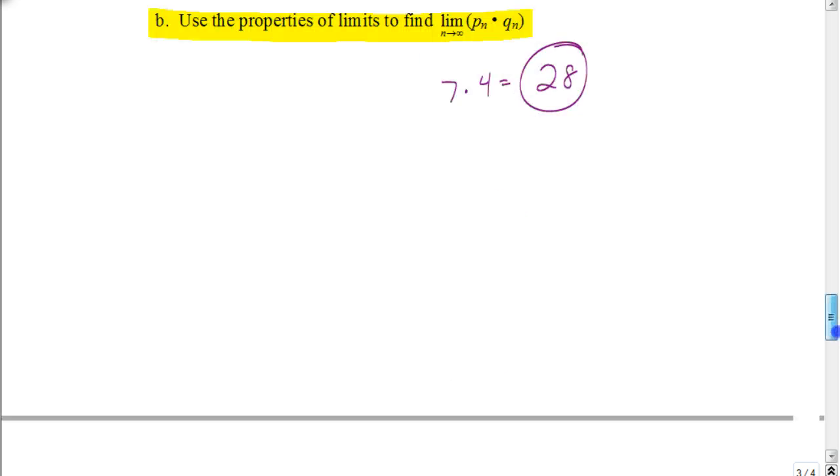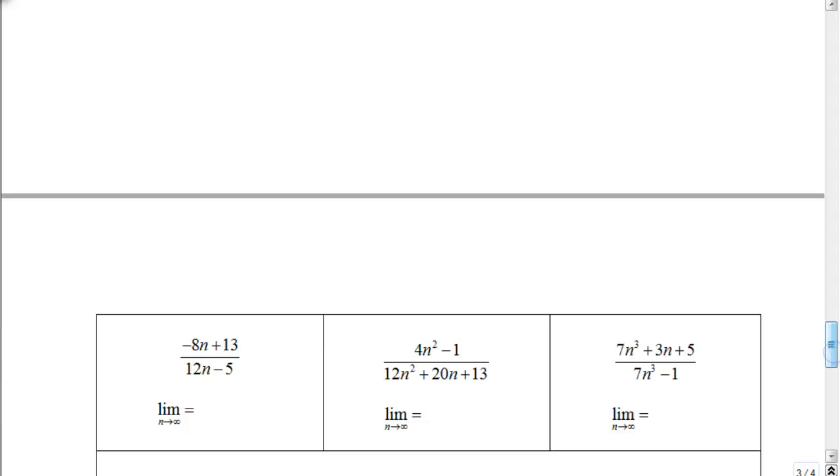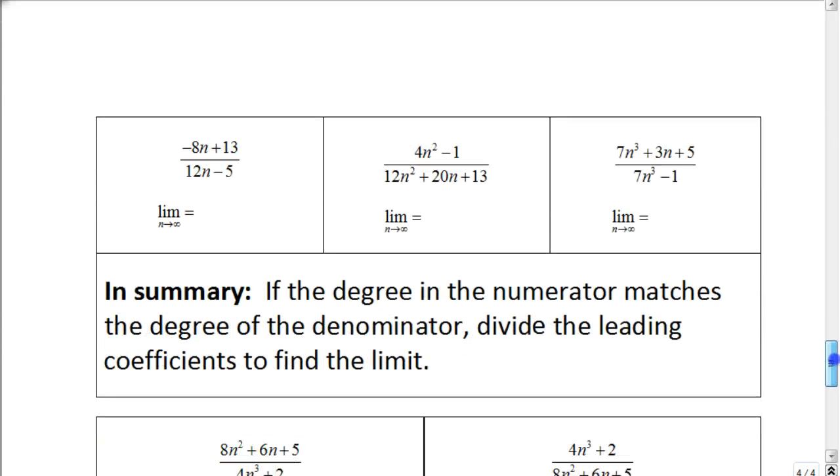Now, your book doesn't always do a great job of explaining how to find some of these limits. So for example, sometimes they'll ask to find limits of expressions like the ones that I have here. Well, there's a little trick that we can use, so even though it's summarized there, let me just illustrate it first and then we'll talk about it. So for example, this first one